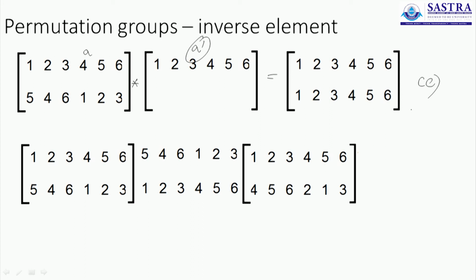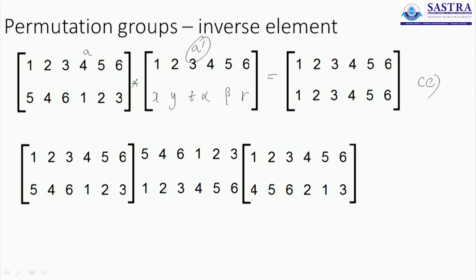And you don't know what these numbers are. These numbers x, y, z, alpha, beta, gamma can be anything. It's from the set of 1 to 6, but you don't know what they are. And since this is a permutation on 6 elements, you will have 720 combinations to choose from. So you cannot just guess, but I will show you a small trick or a small procedure to find the inverse. I will show how it works.